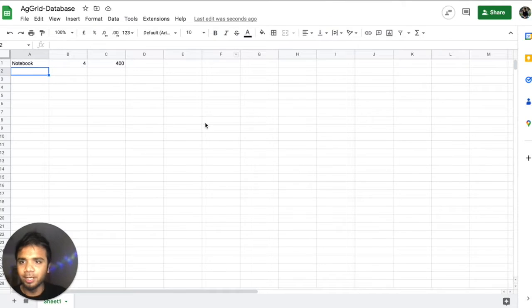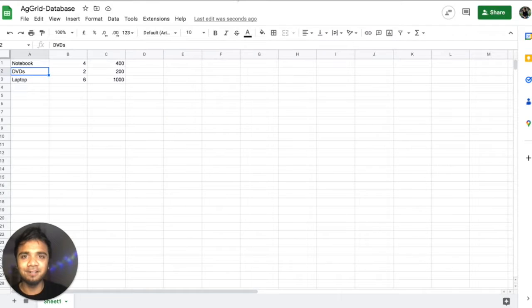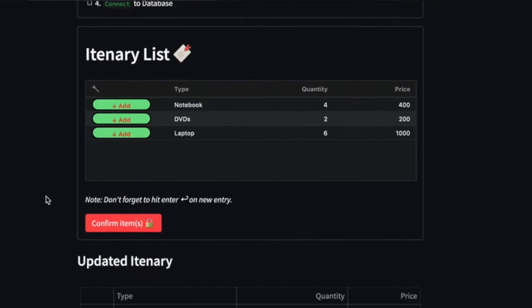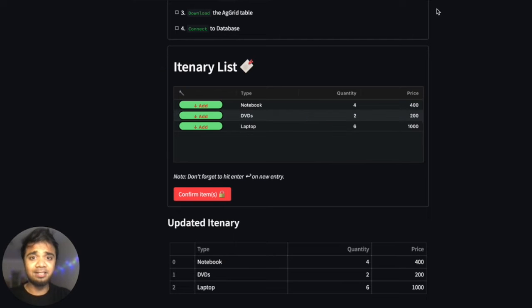Let me quickly go here and you'll see. Look at live time, you can see this update happening. That's pretty cool, right? It just got updated right now when I press this button. That's powerful. So whatever changes your clients make in this table, basically this is the AgGrid table, this